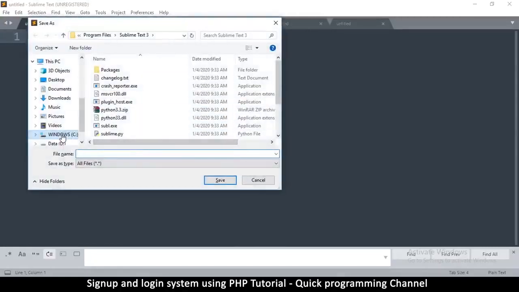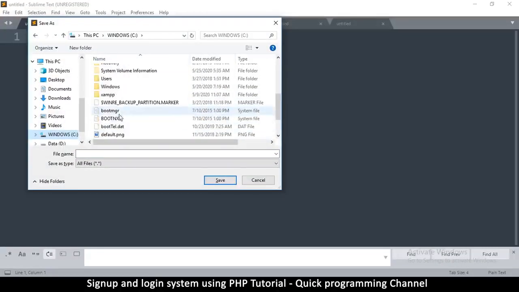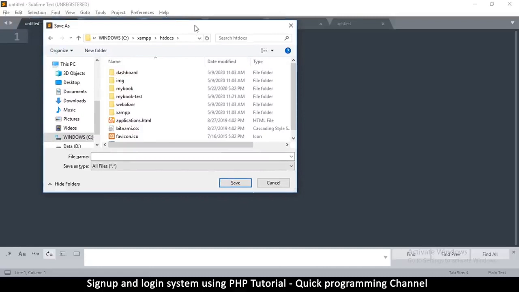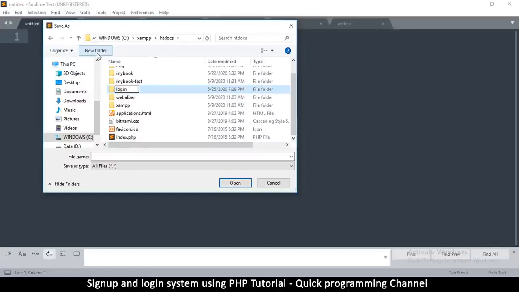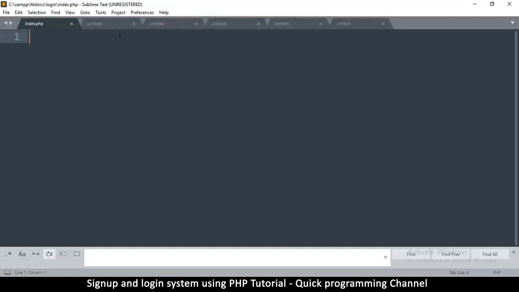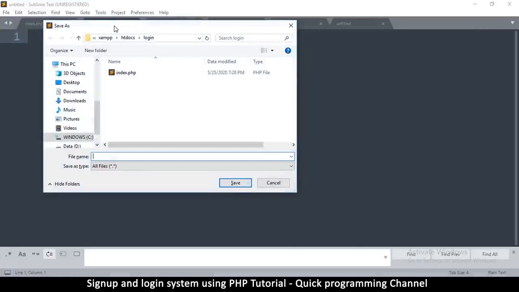Where we'll be saving these files is in drive C, xampp, and then htdocs. Your folder might be different depending on the server you're using, but that's the public HTML or www folder. In there, create a folder called login, and then inside there, let's save our first file as index.php. This file will act as our website. The second one will be signup.php. The third one will be login.php,